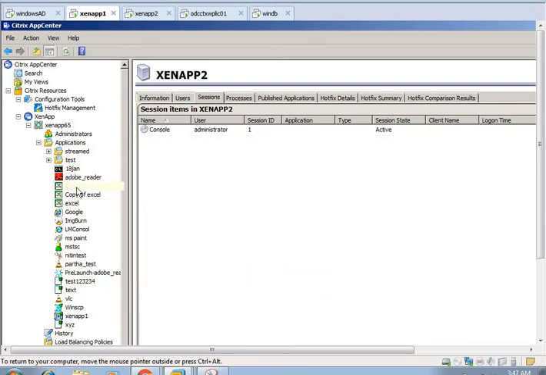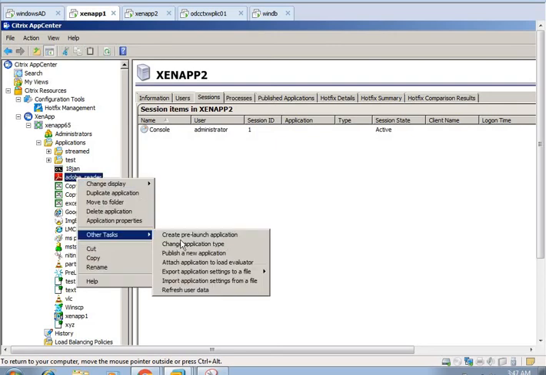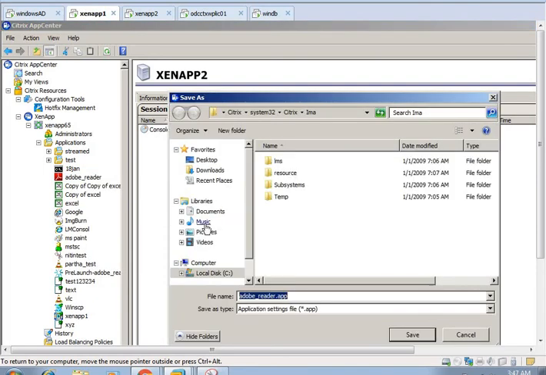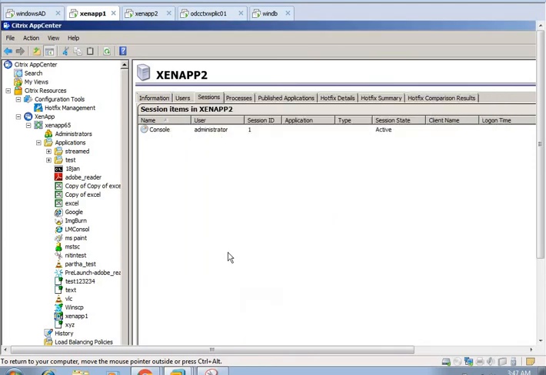I'm going to take a backup of Adobe, the most critical application in the environment, as an example. So I export this entire application to the desktop, as the Adobe Reader app, and save.